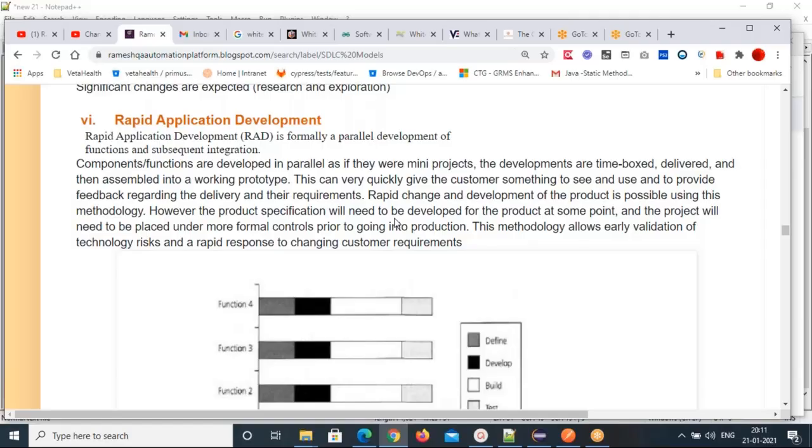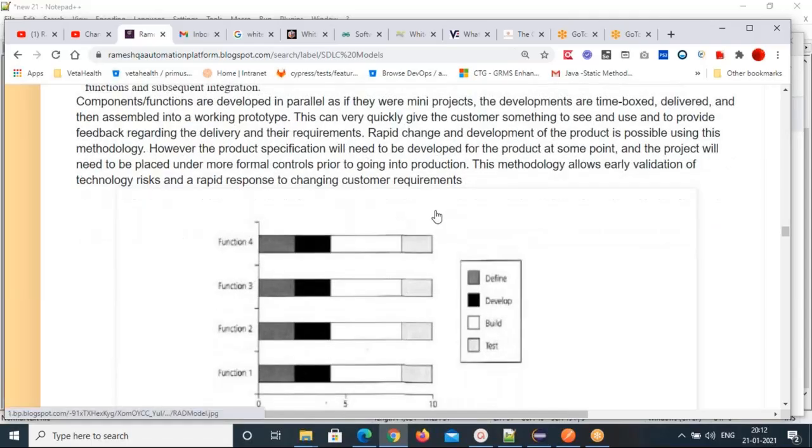In this, small components or features are developed in parallel as if they were mini projects. So feature 1, feature 2, feature 3, feature 4 are developed parallelly. You don't want to wait one after the other.